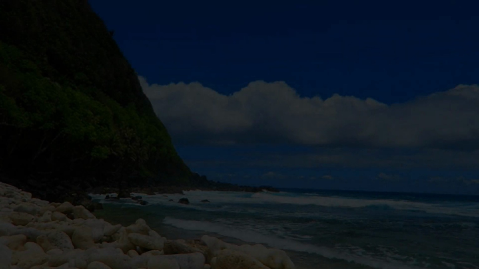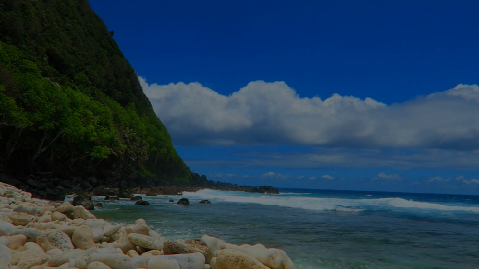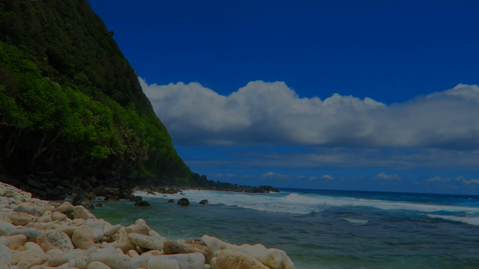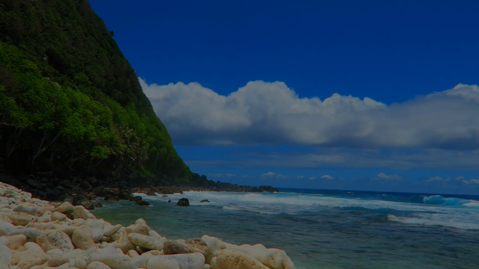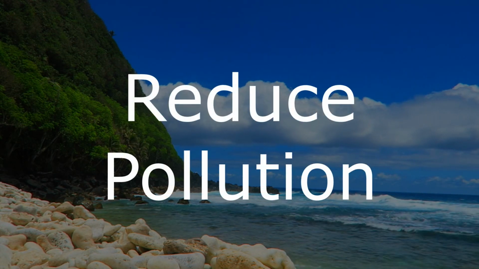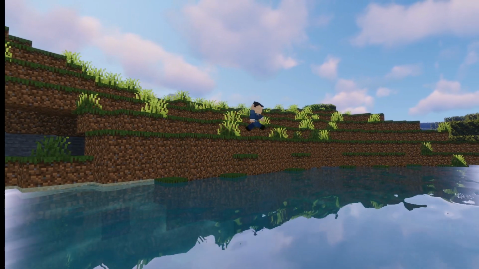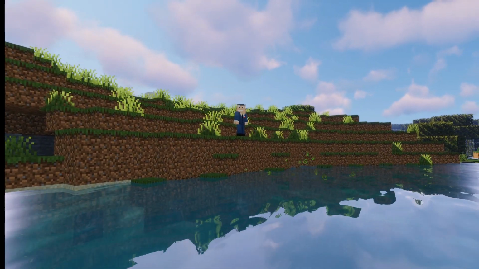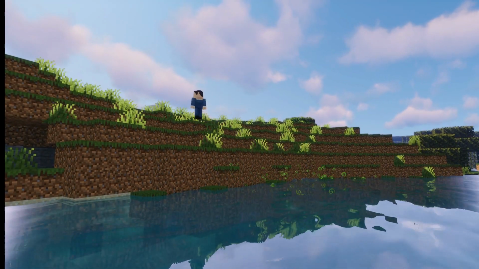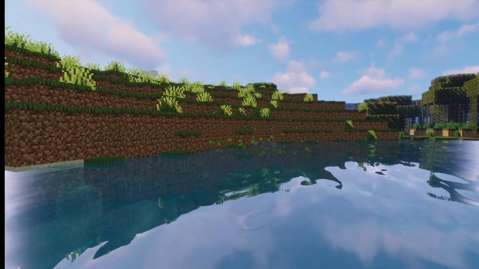So, it appears there's a lot of ways that we can mess up the water cycle and ruin the environment. So, what can we do to better understand and manage the water cycle to protect and restore ecosystems? Well, for me, the answer would be to reduce pollution, but it needs to be a team effort. Time and time again, we've seen the impact of pollution on our planet, yet no one seems to do anything. It contaminates our water supplies, causes acid rain, kills our animals, kills our plants.